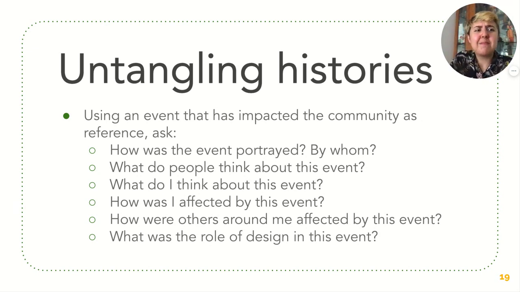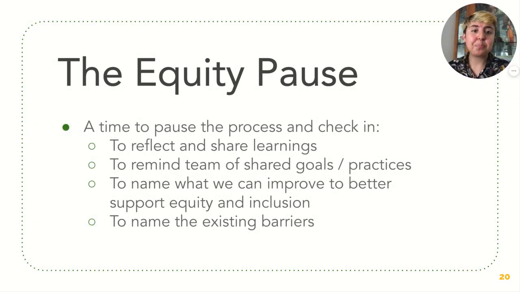And who was part of that process of designing that historical event? Who controlled the way that people experienced that event? And this can help us to start to think, here's how this oppression has lived in this space, so that we can start to go forward equitably, understanding that that is what people are bringing to the table when we talk about these problems. And this brings us to the equity pause, which I think is a really powerful technique